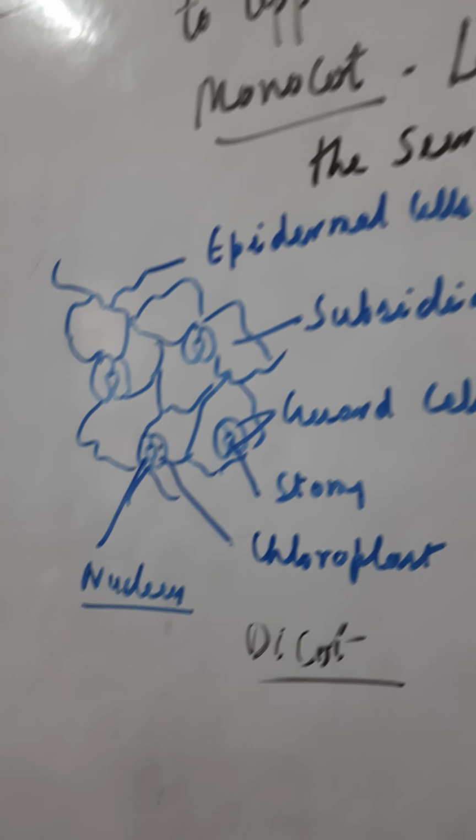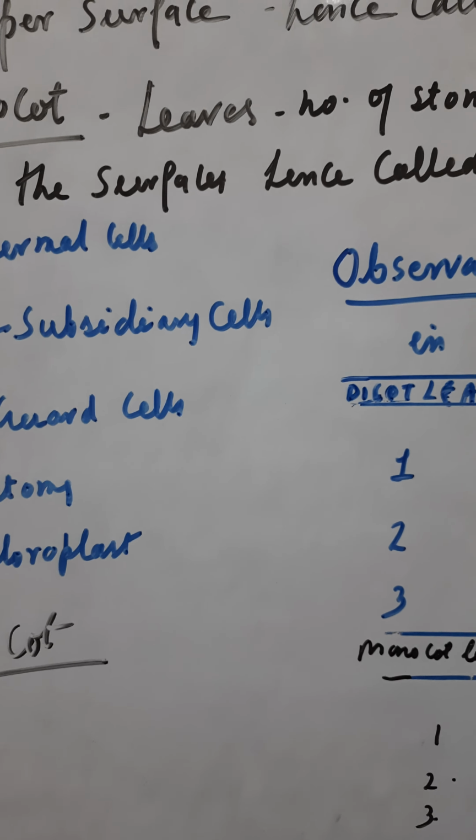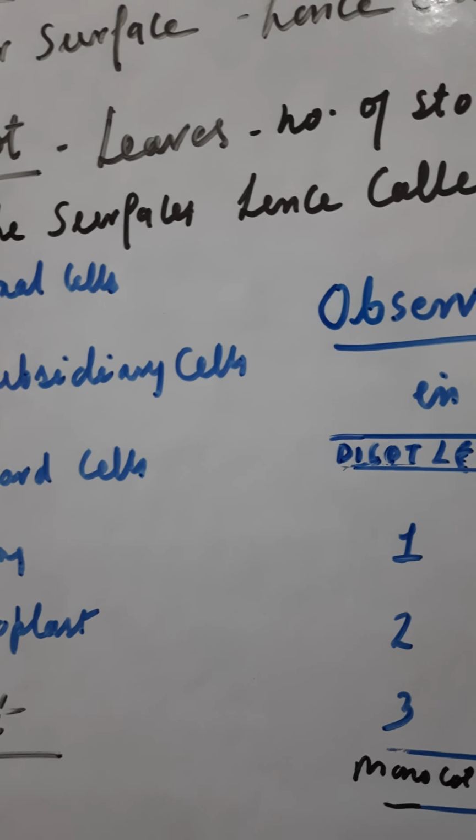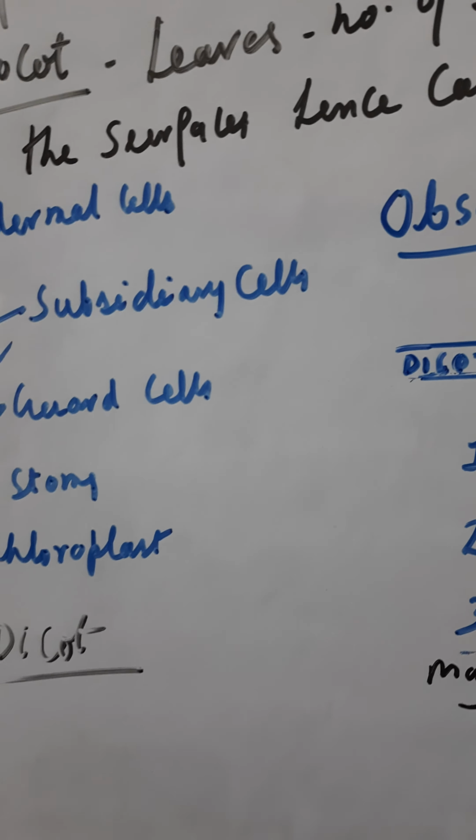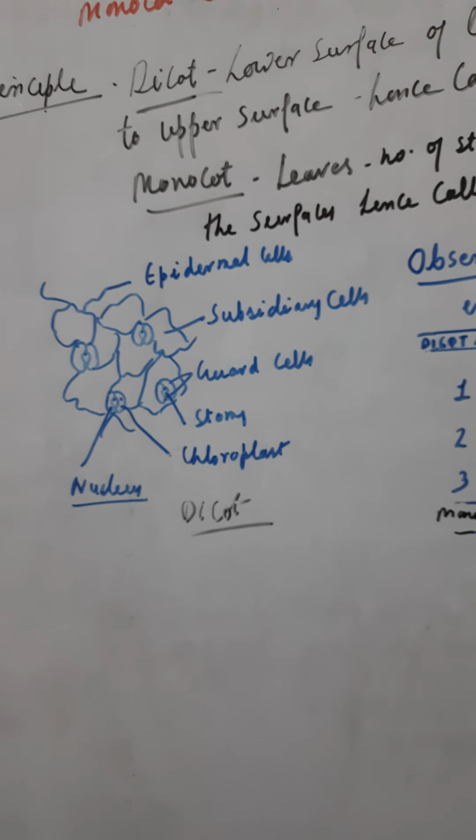Precautions in that you may write on your own: that the leaf should be fresh, the section should be cut clearly. Okay, then in that case the fields should be analyzed properly. So precautions are also given in your book.